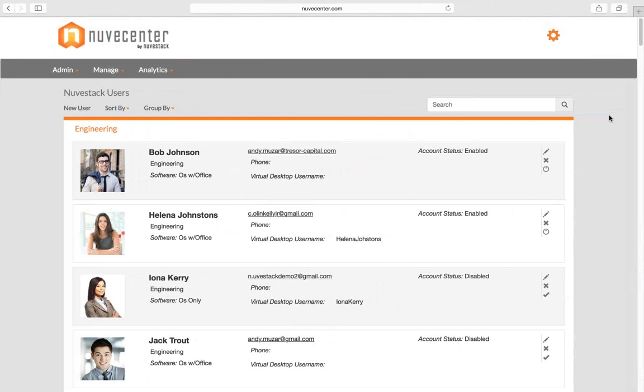So NuvaStack maintains a few of what we call centralized management stacks. These are huge System Center deployments that are capable of managing hundreds and thousands of users. We manage all that in the background. You as a partner never have to see that. You never have to deal with that. But that exists to allow us to provide these automations and this ease of use.